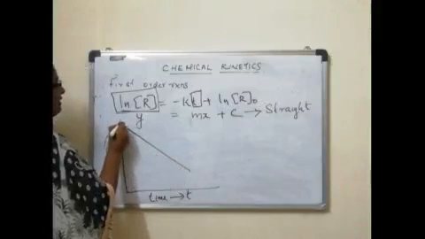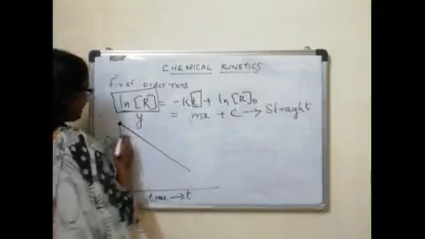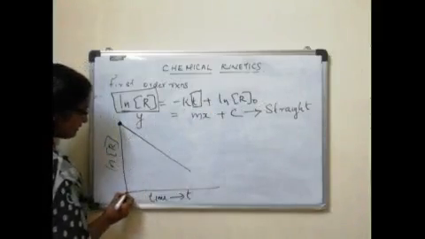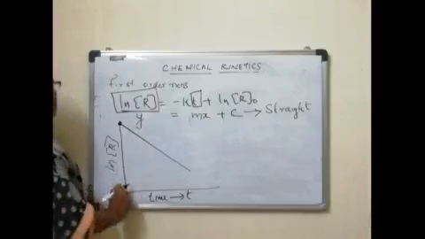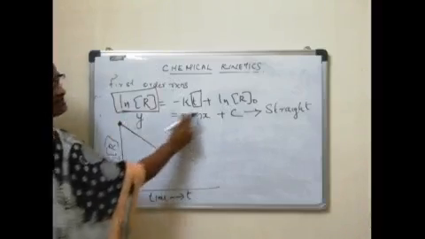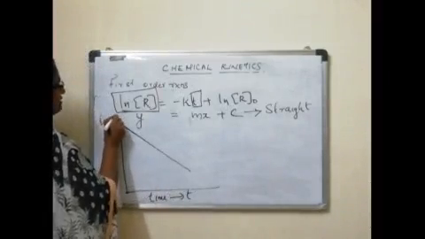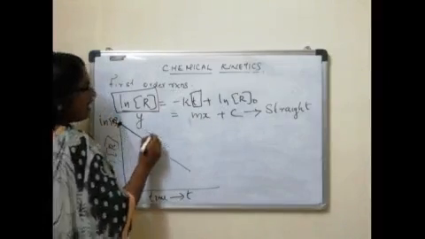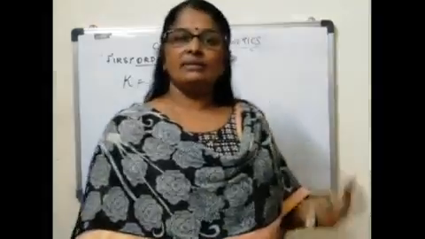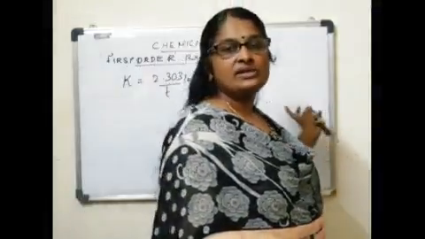And this point corresponds to C, isn't it? That is the origin till this point, that is on the y-axis, it is known as y-intercept, and so this point will be ln R0. This is ln R0, and the slope we shall derive. One more, draw one more graph using the equation we have derived,